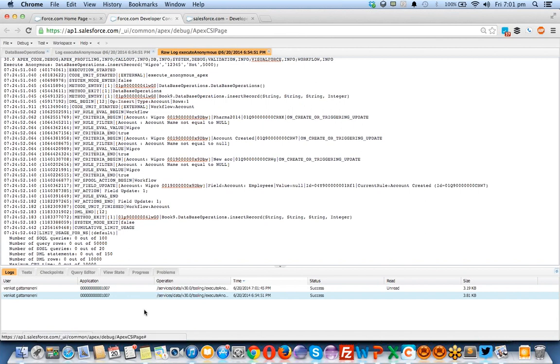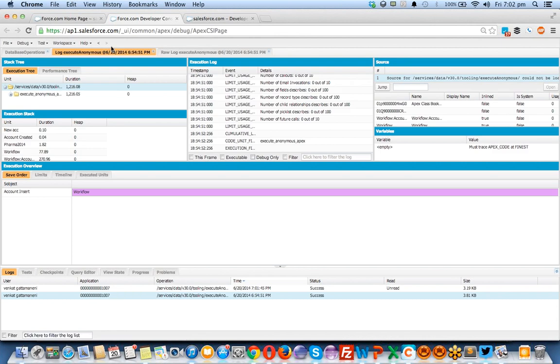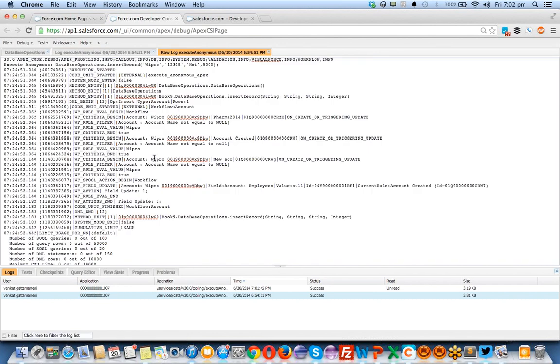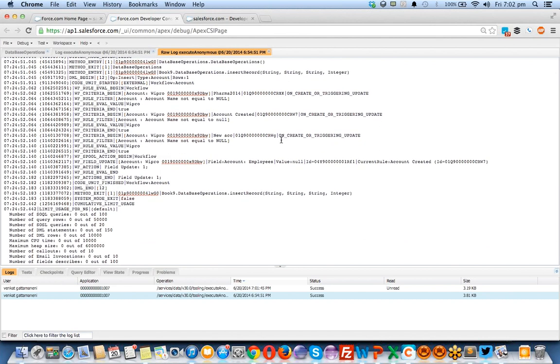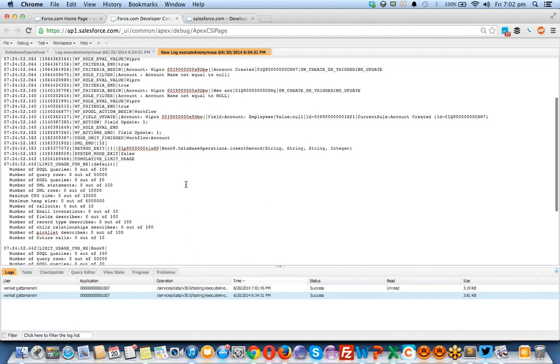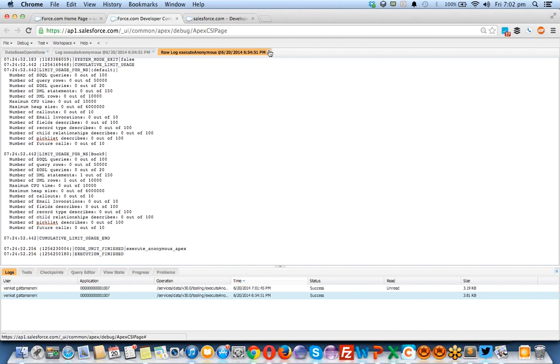Okay, now it will open a new tab inside the same tab. Yeah, it's taking some time to open. Yeah, it opened here, and I want to open the raw log also. Yeah, this is the raw log which it's opened. Now I called insert is called here, and no, it's not the thing. Let's close this.